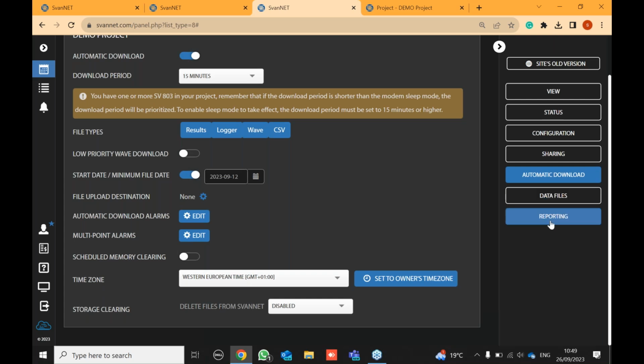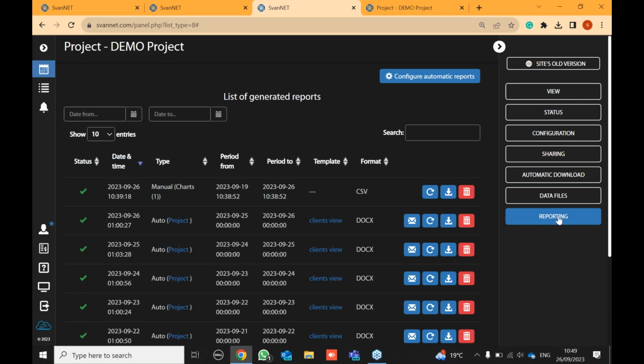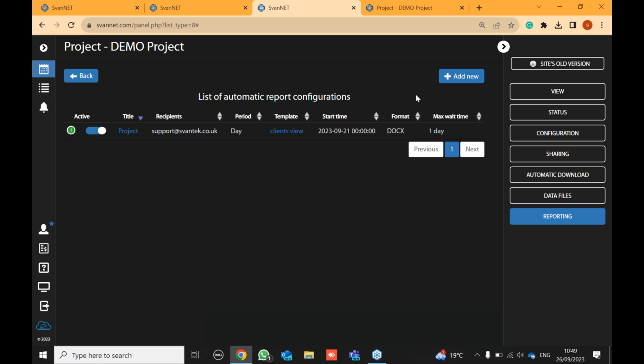And another cool feature is reporting. If we go onto reporting, we can then go on to configure. With SvanNET, you'll be able to set up automatic reporting for you. This could either be daily reporting, where you get a daily document emailed to yourself or to your client, or you can set that up weekly or monthly. How to set that up? If you go onto reporting, configure automatic reporting,